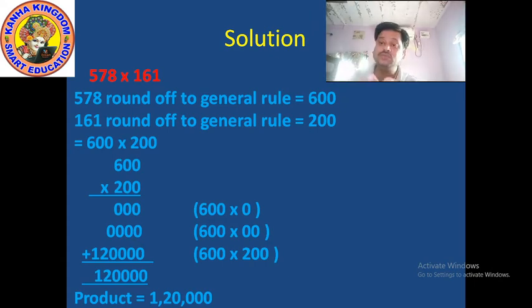Which two place values? Yes, tens place value and hundreds place value. Okay. So in tens place value, what are the rules? Two rules. What are they? First, if the tens place value is less than 5, then you have to convert the tens place value and ones place value into 0, and nothing changes in the hundreds place value.